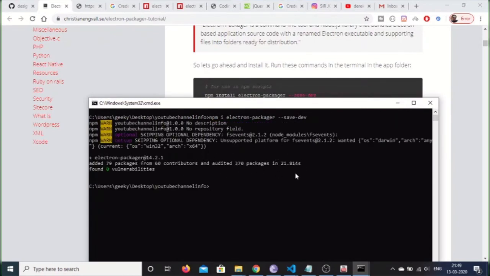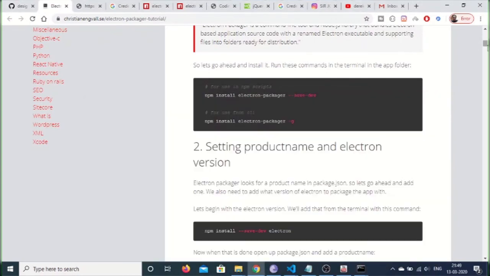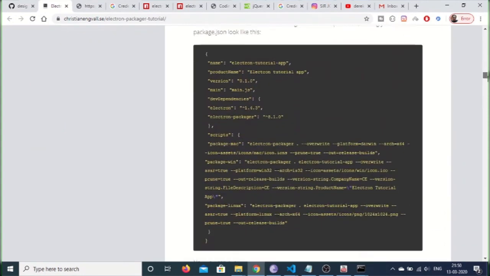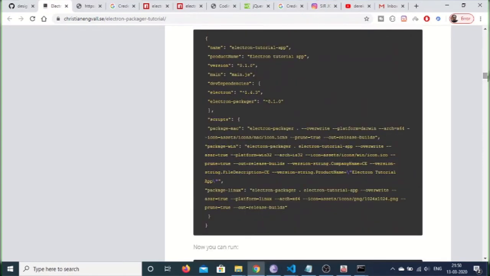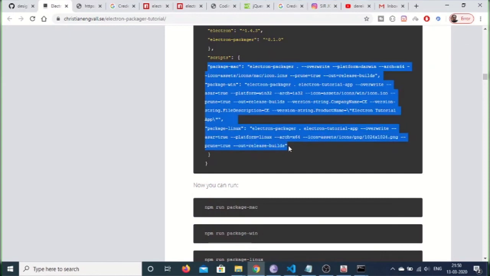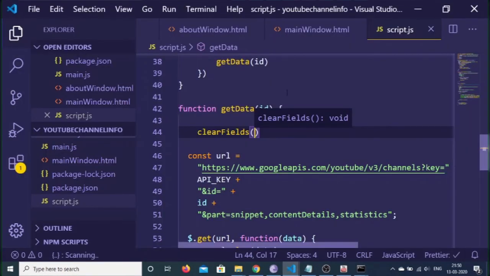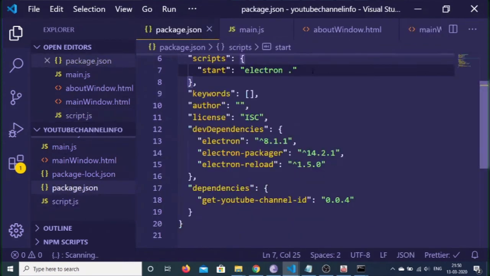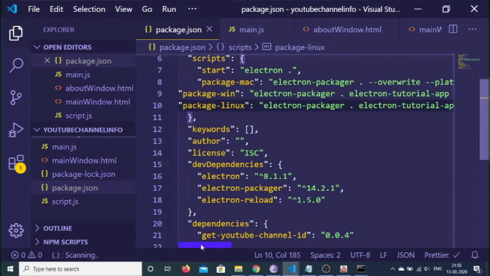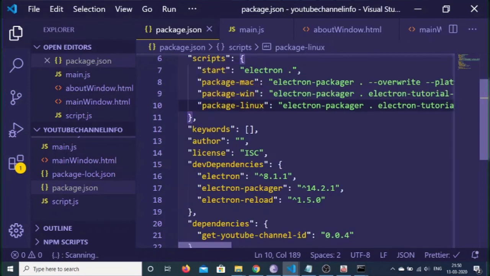And after installing it, you just need to add some scripts that I will show you. The whole source code is there in the video description. You will also get this inside your package.json. So here you just need to copy paste these scripts inside your package.json. So just go to package.json and inside the scripts section put a comma here and paste it. So these are the scripts basically if you want to deploy this for Mac, Windows or Linux. I want to deploy it on the Windows side. For that I need to